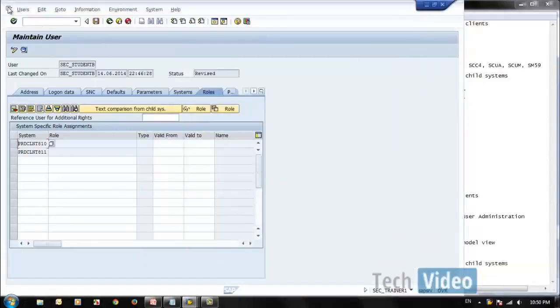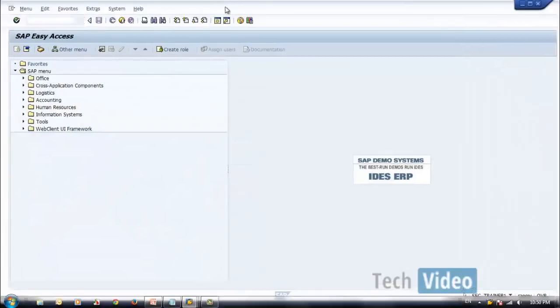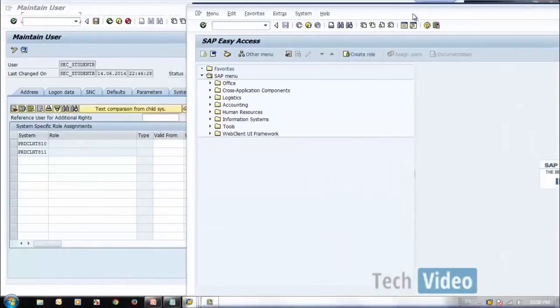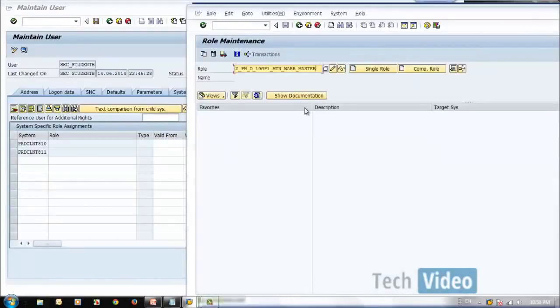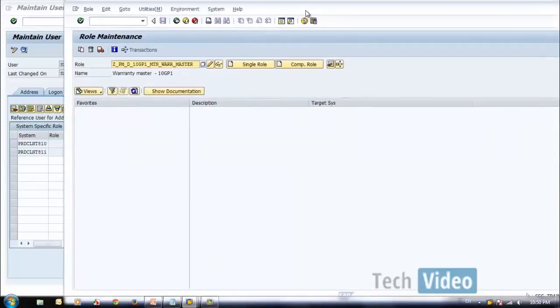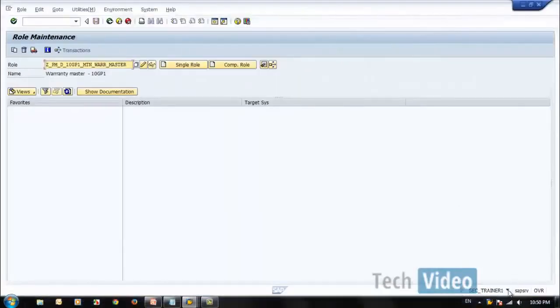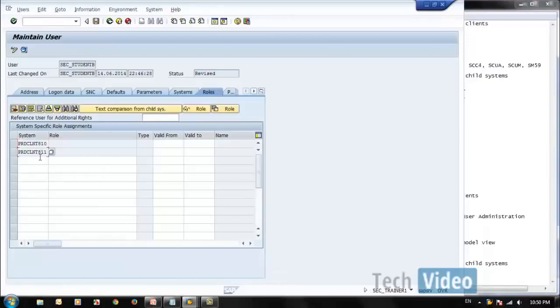So let's create a session, PFCG. This was the role. This role already exists. The client is again client 810, but here it says it is not available.